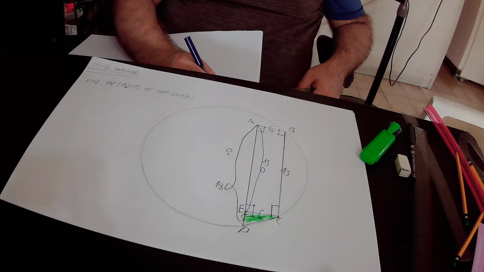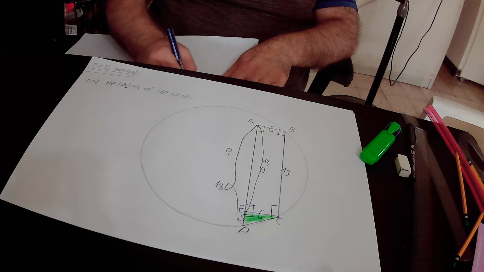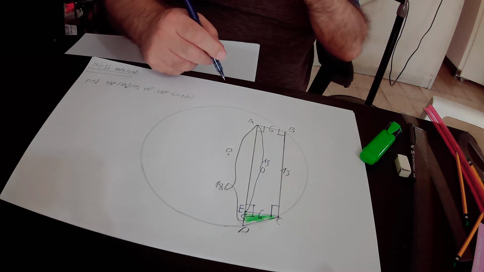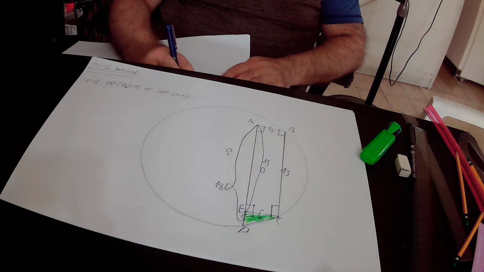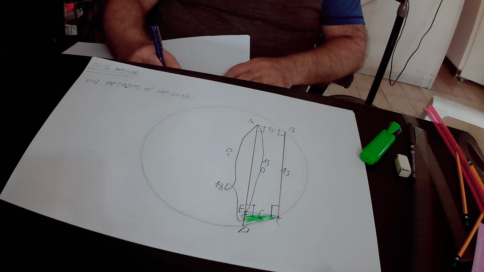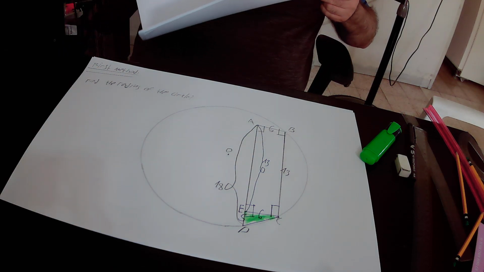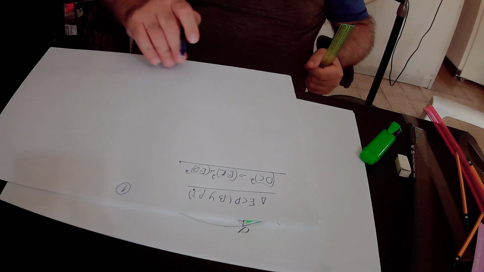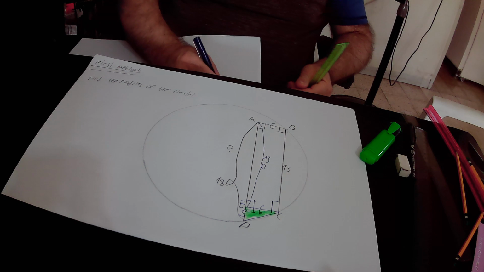Therefore, the square of the hypotenuse is DC square. And it must be equal to the sum of the squares of the perpendiculars. That is to say, it must be equal to EC square plus ED square. So, in conclusion, we found out that in the right green small triangle ECD, according to the Pythagoras theorem, DC square equals EC square plus ED square. So DC square, that is the square of the hypotenuse,